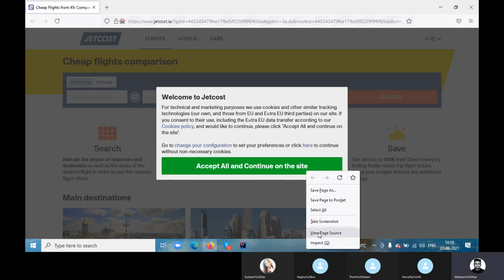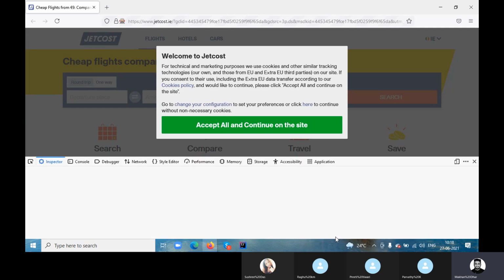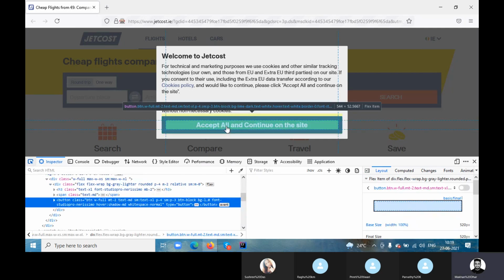Just right click on this, inspect. Now just click on this and hover over this particular thing. Now this is a button, right? This is a button and the class name is also there.